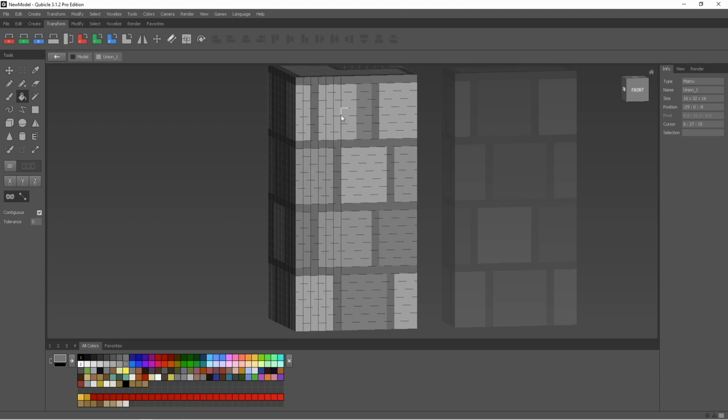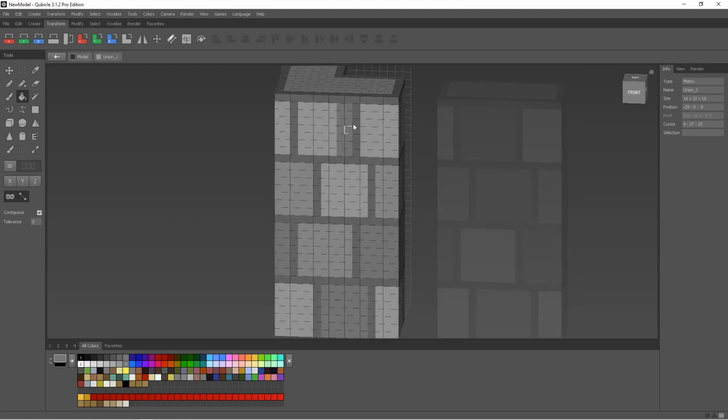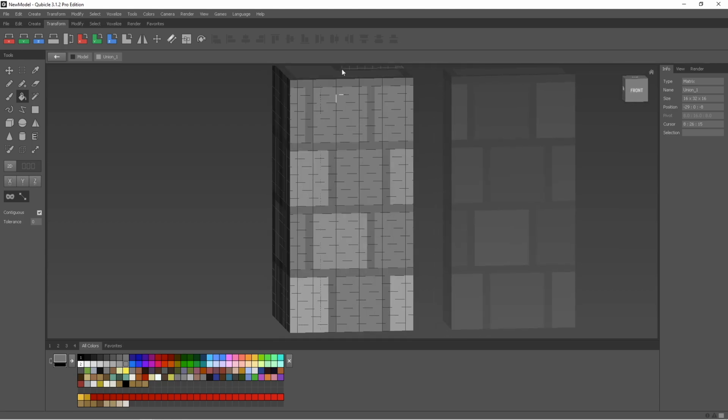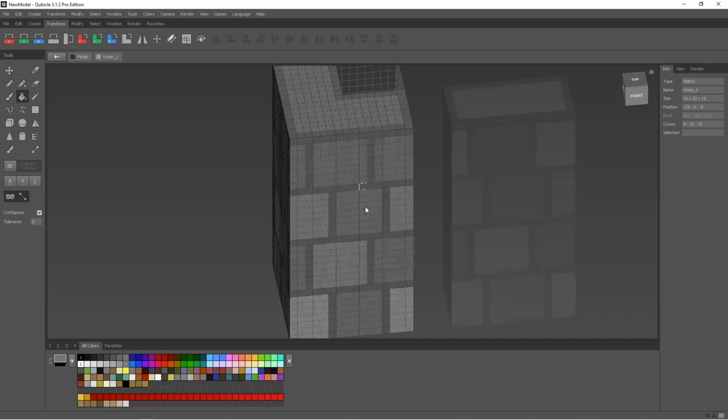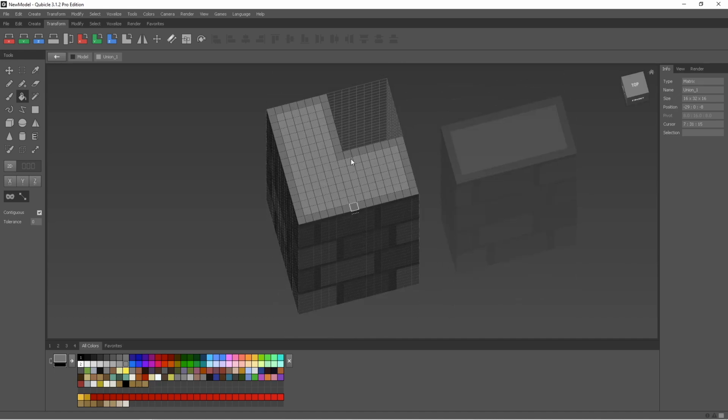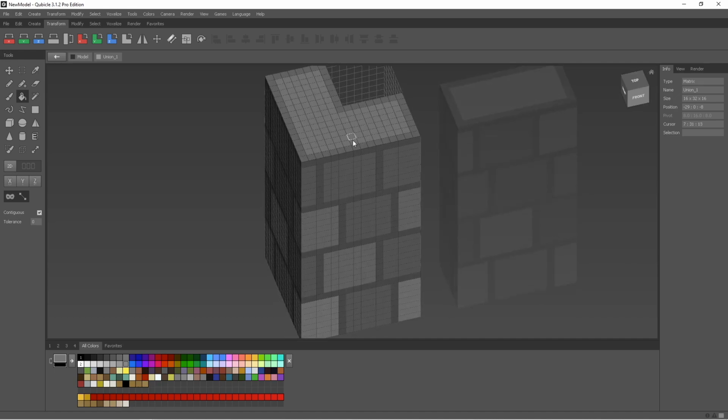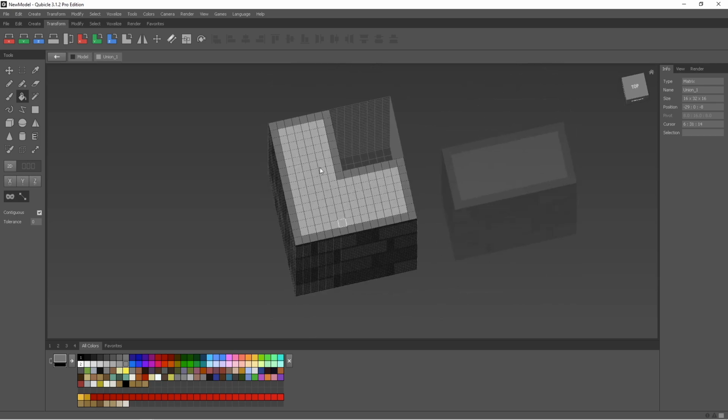Keep this one dark. I just realized, so this is what I was talking about earlier. When I did the copy paste, there's some line in here that is actually not the darker color. But there's a funny trick that we can use to fix this. It will require me to affect this